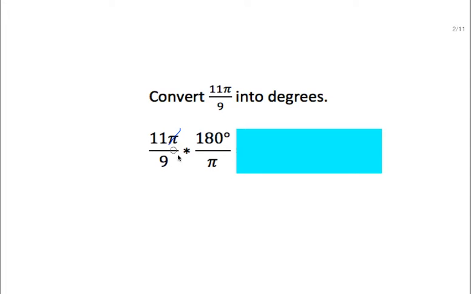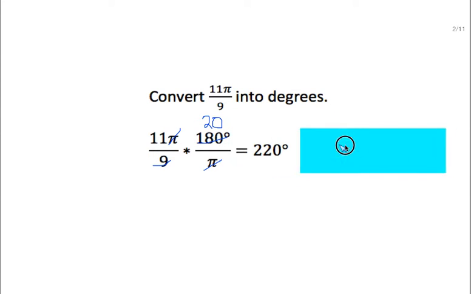So you can cancel out the pi's, and the 9 will reduce that 180 to 20, right? Then all you have to do is multiply the 11 times 20 and you get 220 degrees. Hopefully this one's a fairly easy one. Hopefully you remember that the formula to do this is you take your radians, multiply it by 180, divided